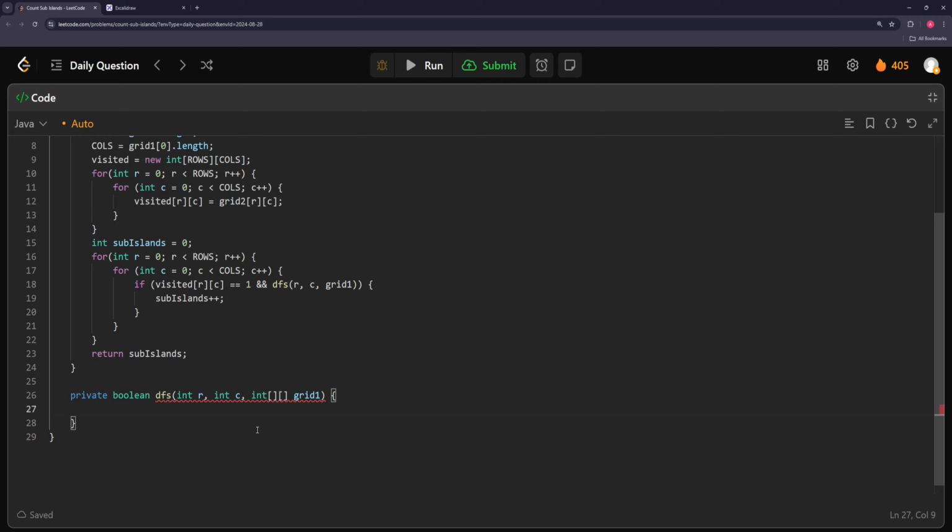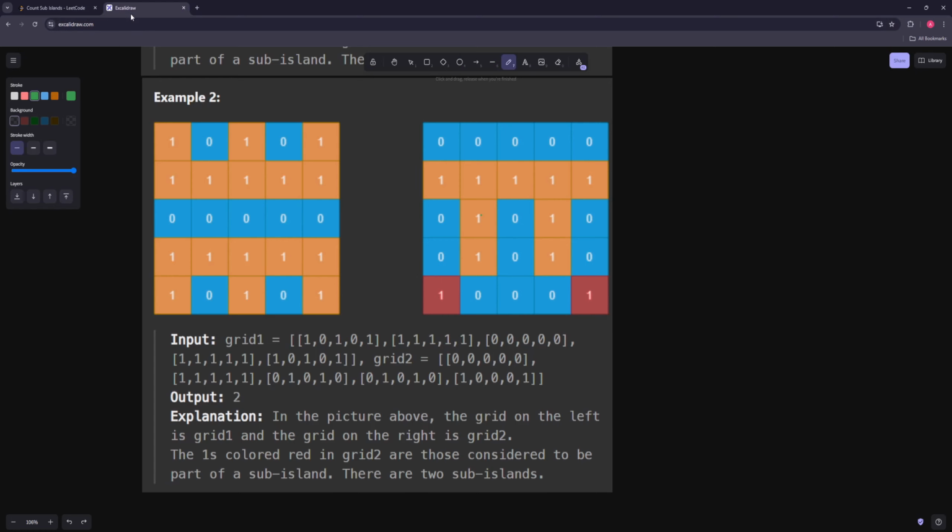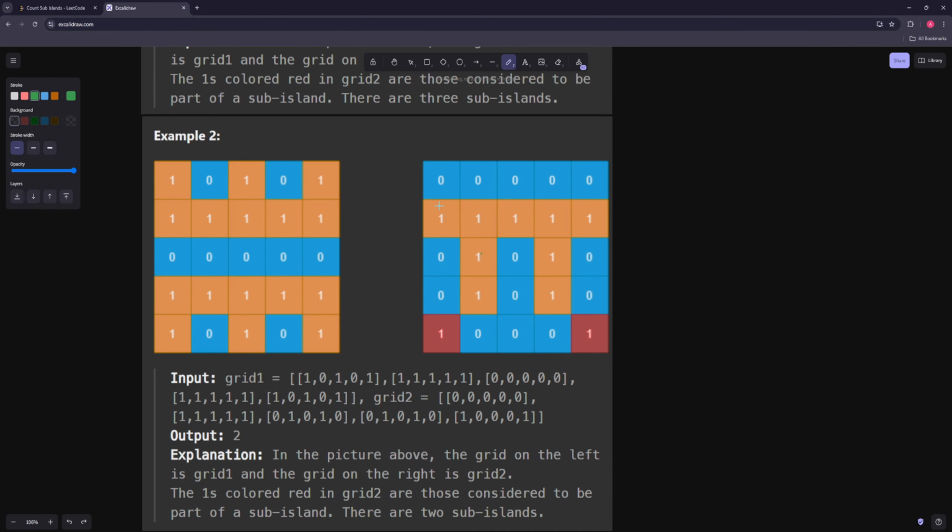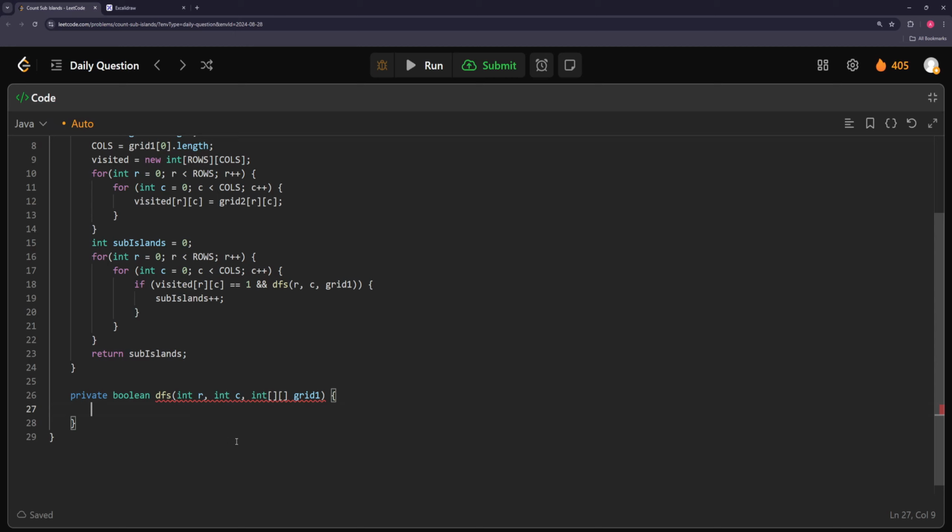true, I think, because technically when we traverse the grid 2, like here, when we're gonna traverse this from here, we're gonna turn all this to 0. So this will all be 0. So we're never going to start a DFS again from any of these cells. So I don't think that's something we have to worry about. Yeah, so if it's 0, it just means we have a land that has water next to it, which is fine. Like that's allowed. So actually, so we can say if row is less than 0, or row equals rows,